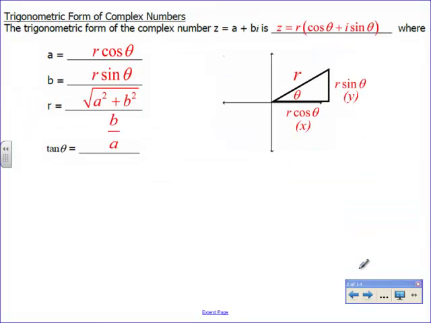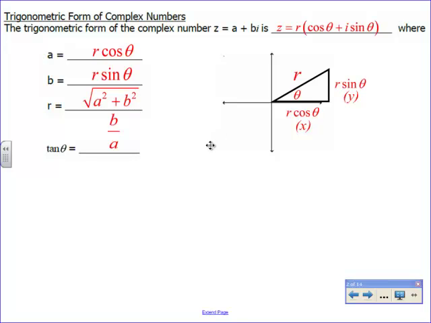Trig form of complex numbers is changing this a plus bi, the standard form, into r times cosine theta plus i sine theta. So this red formula is the trig form of a complex number. And here's where it ties so closely with polar coordinates, because you'll see in my picture here I have the exact same picture that we've been using in polar coordinates, where our point is either xy or r theta, and we can tie those pieces together